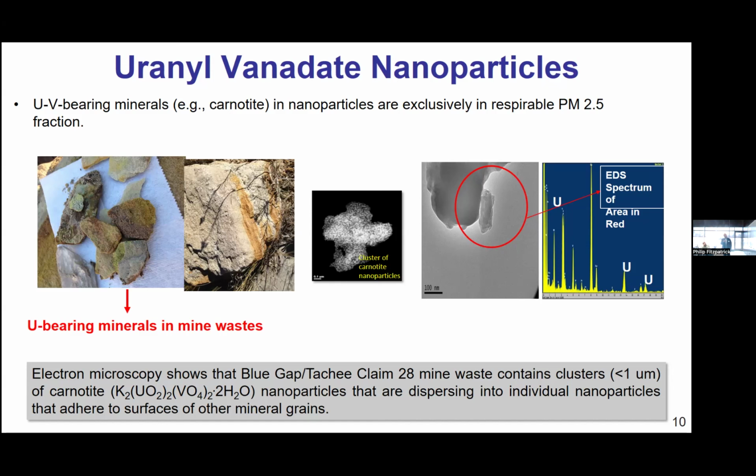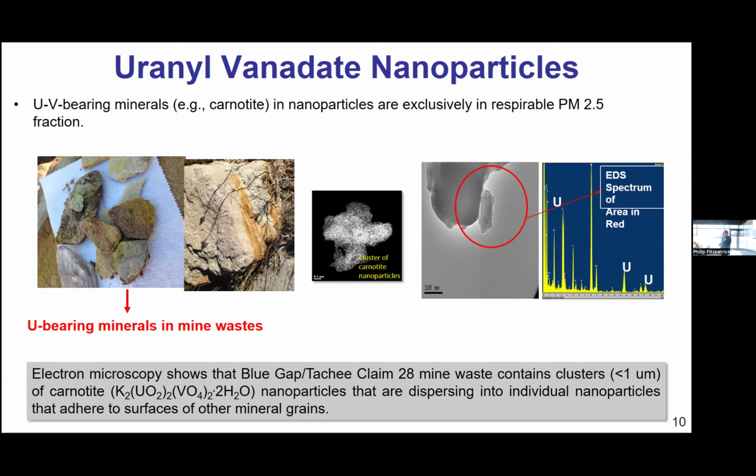So we take this to a transmission electron microscope in collaboration with one of my first PhD students, Sumanta Lazarala, and my good collaborator, Adrian Burley. And we have seen these clusters of carnotite nanoparticles. I say cluster simply because you can see a lot of different minerals clustered together. This is a 0.1 micron scale, but you can zoom even more to 100 nanometers.